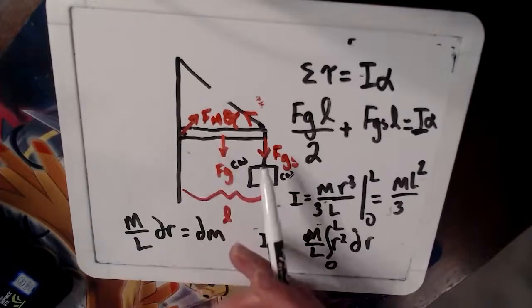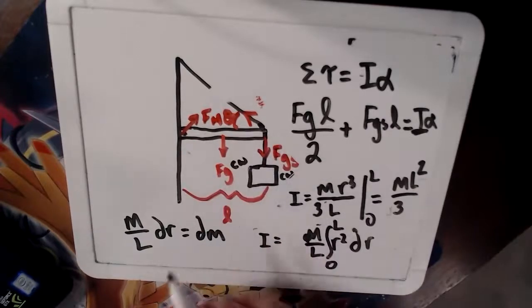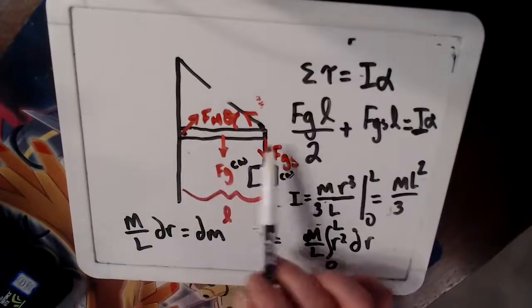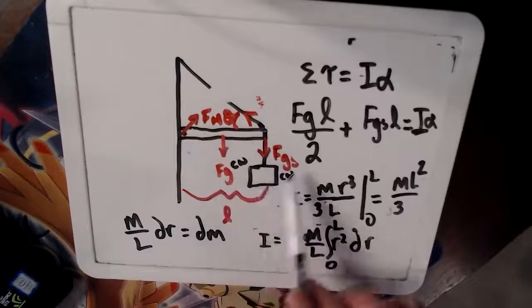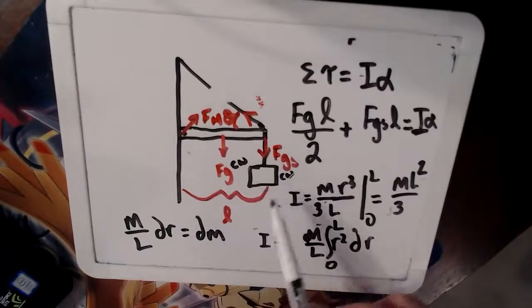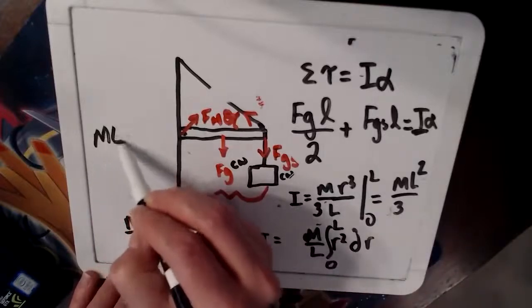But this is something that's rotating, so I need to take into account all the rotational inertias. And it's not as complicated as it sounds because you just add them up. So we now know the moment of inertia of the beam, but what's the moment of inertia of this? Well, it's just a point mass. So we take our mL squared of our beam,